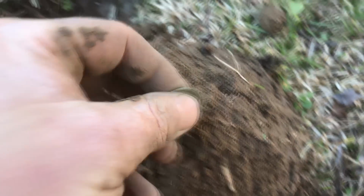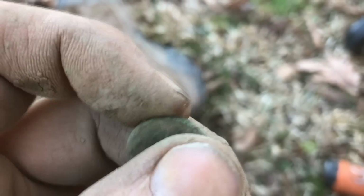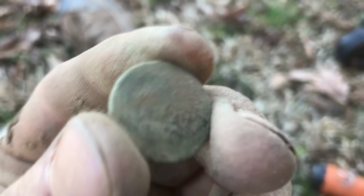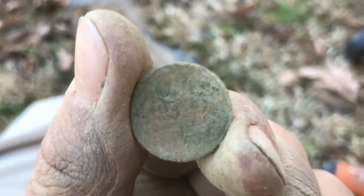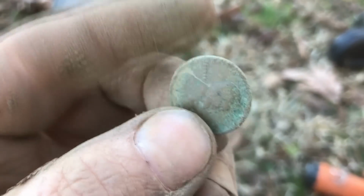That, ladies and gentlemen, is my 25th wheat penny of the day. Never in my life did I ever think I would find 25 wheaties in a day. That's unbelievable. And there's probably some of y'all that are laughing at me and saying, way to go, you spent a whole day and you earned a quarter. But for a metal detectorist,